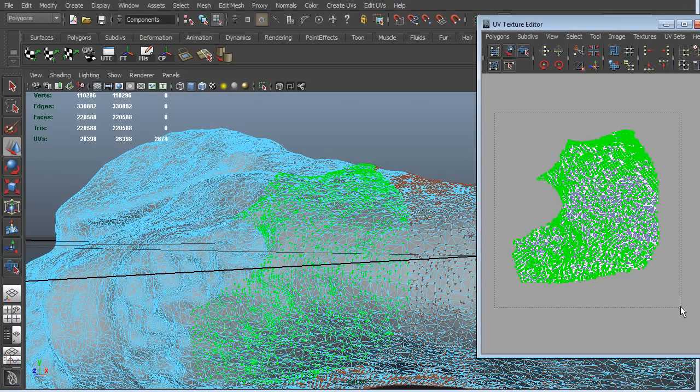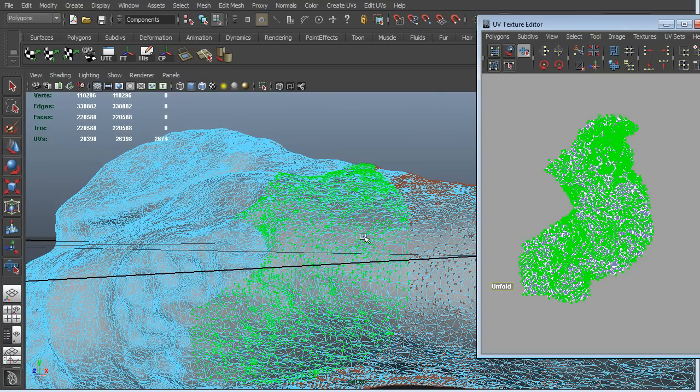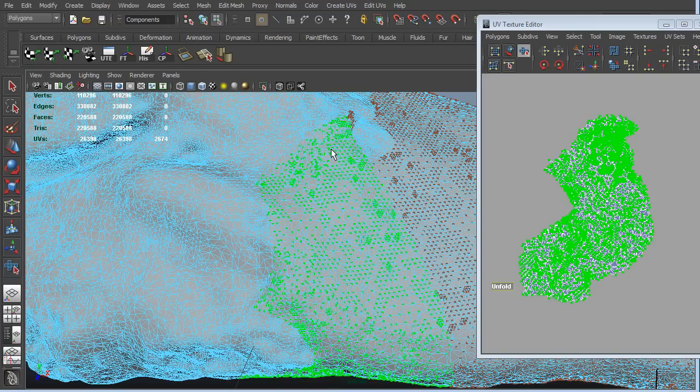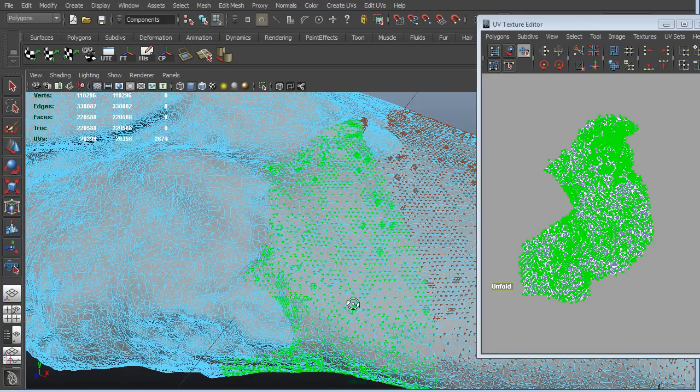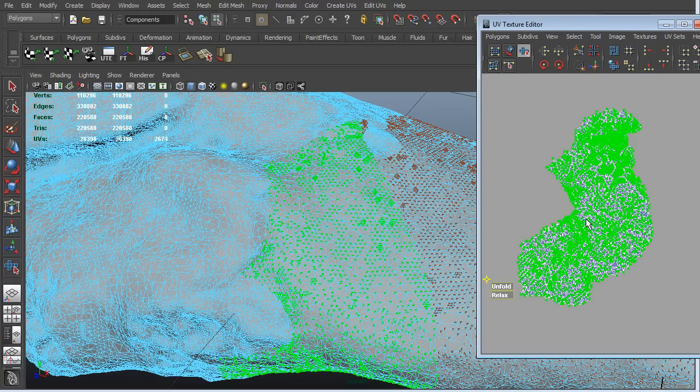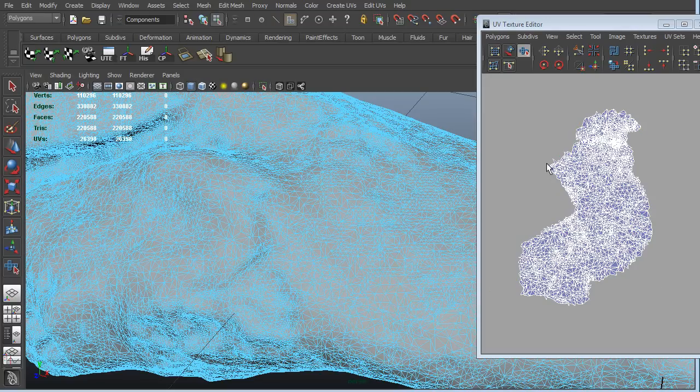So again, what we'll have to do is select it and unfold these UVs again. So now you can see that it's unfolded. We can see this bottom shape here, and then curling around to this top is making this shape. So we can tell that that's sort of quite looking the same, and we'll just unfold it a few more times. Okay, so